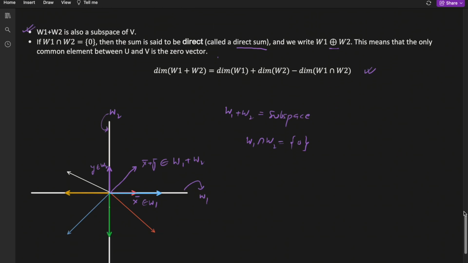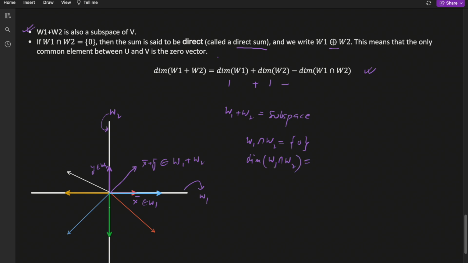So let us see. For example, in this case, what is the dimension of the W1 subspace? It's a line, right? It's a line, so its dimension is 1. What is the dimension of the W2 subspace? It is also 1 because it's just a line, the y-axis. And what is the dimension of the intersection? The intersection is nothing but 0. Therefore, the dimension of the intersection is 0